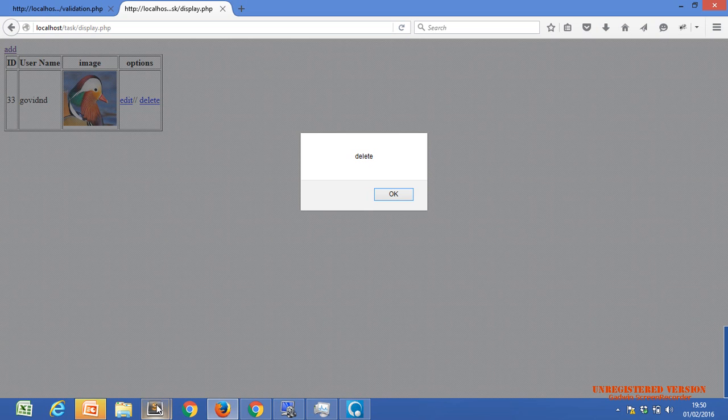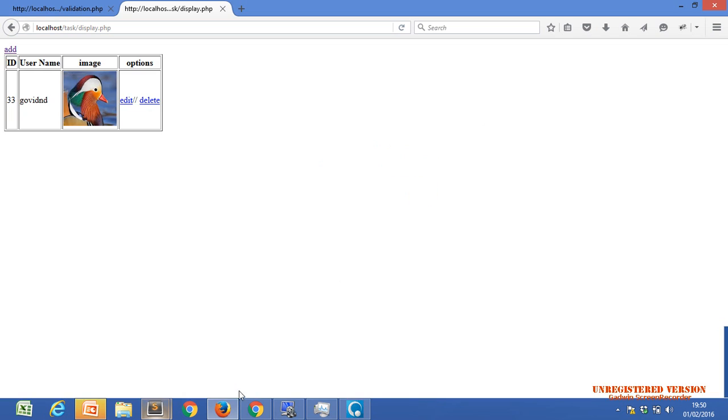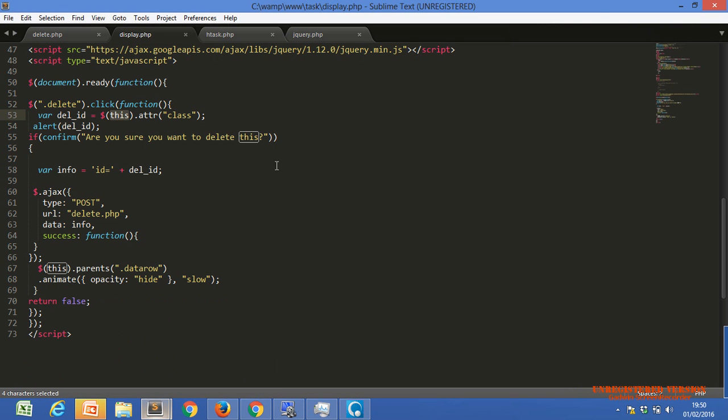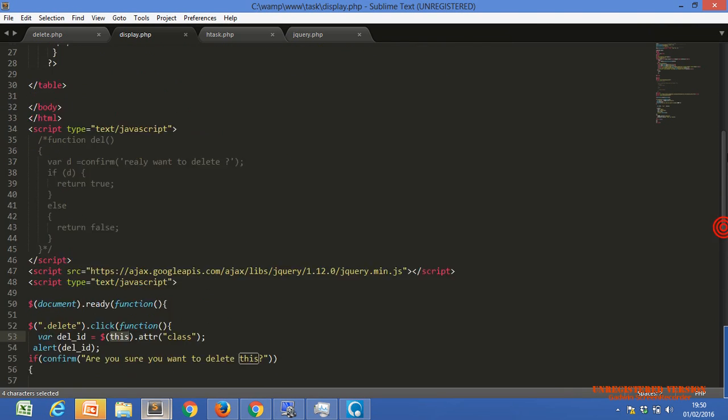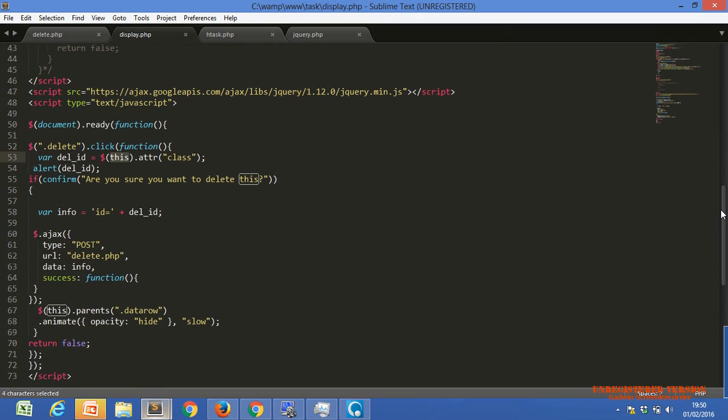So with the help of the attr function, the attribute function, we can get the value of name, class, and ID. All these three can be returned with the help of attr. Right now we need the ID. Why? Because within the ID of that anchor tag, we are giving the value of our dynamic ID of the data row. If you want to delete any record, Nazar, only a particular record, how will you delete it?